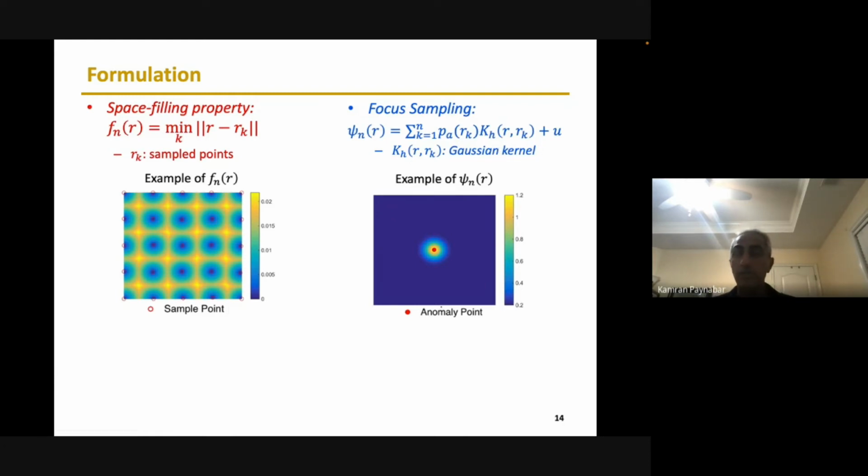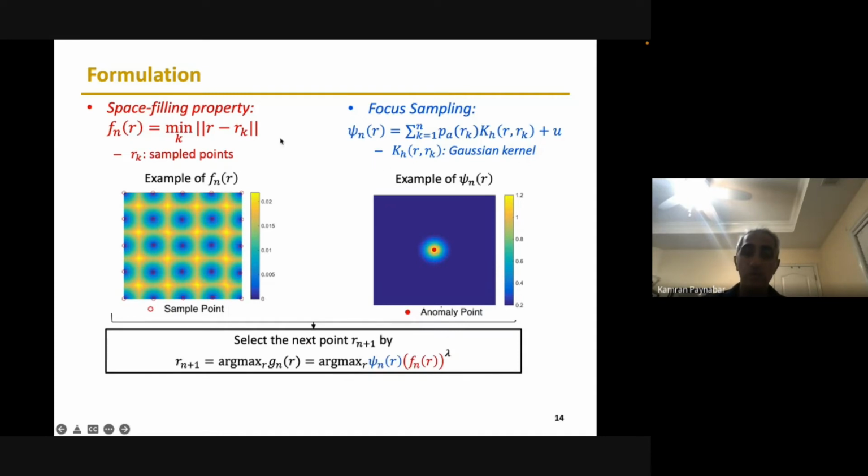Okay, so anomalies can be located only in one cluster or could be from different clusters. And this is basically representing a sort of like different clusters of anomalies and their distributions. So basically what we need to do, we don't know this function in advance. We learn this function as we go and as we sample. All right. And we also have some U, which is kind of like a random sampling. We combine these two, this F function and psi function. And since they have different scales, we try to scale them by using this lambda. And at each time, we want to maximize this function.